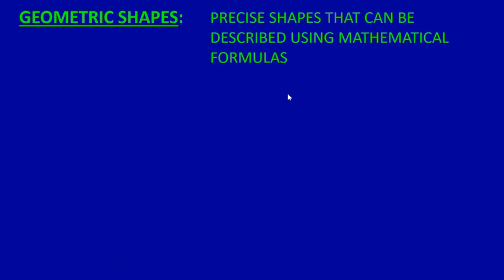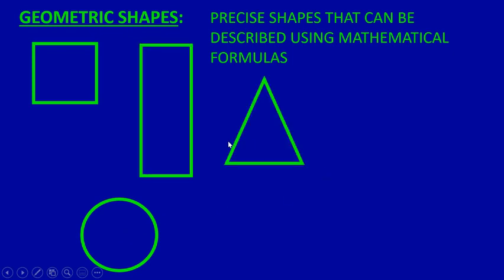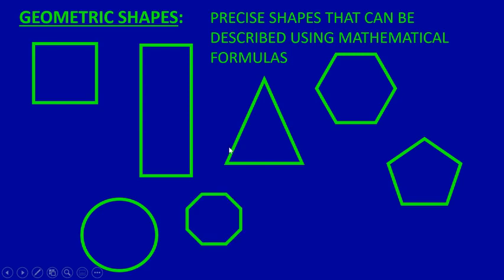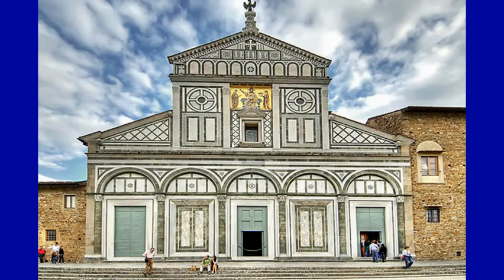Geometric shapes are precise shapes that can be described using mathematical formulas. For example, four equal sides and four right angles make a square. I think the mathematical formula for a circle is pi r squared or something like that. Anyways, these are all mathematically precise shapes, which makes them geometric, and you can find geometric shapes on the